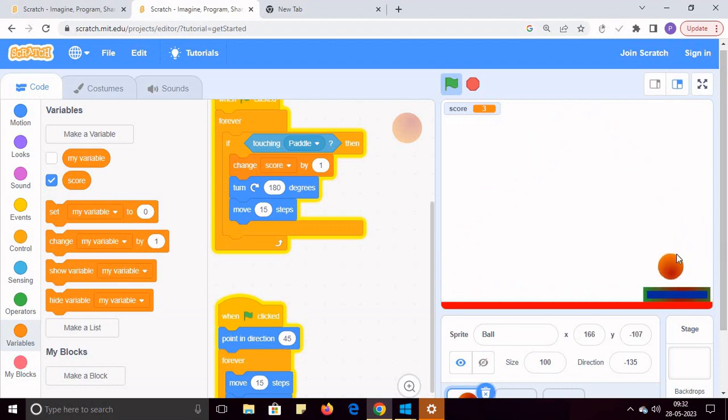Now see the coding. When the ball is touching the pedal, the score is increasing, as you can see here. When the ball is touching the line, the score is not increasing. I will do that coding later, but when the ball is touching the pedal, you can see the score is increasing. Okay, so next what we can do,